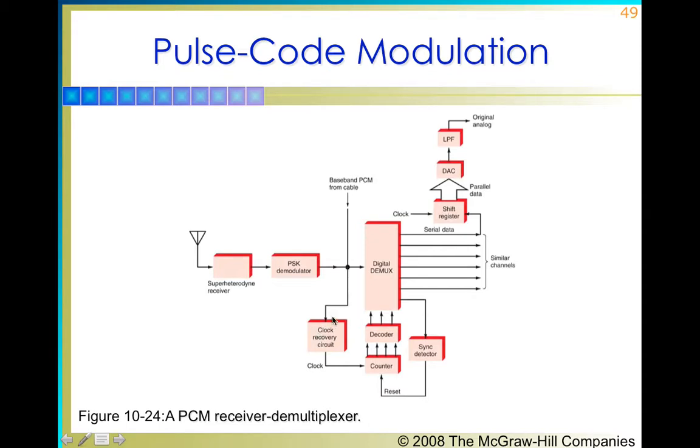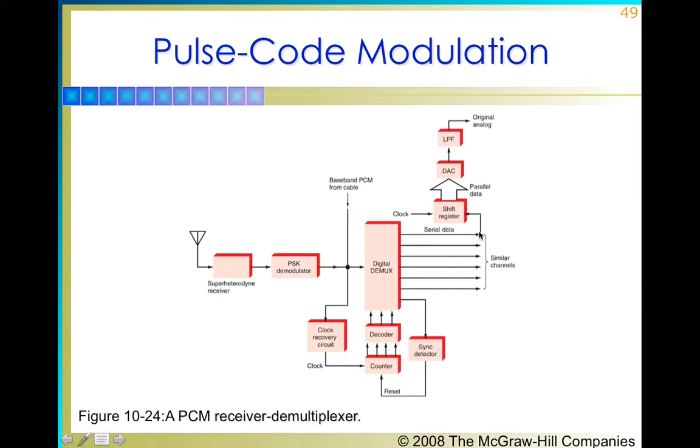It can be sent to the clock recovery circuit to recover the clock signal, and this signal is sent to the digital multiplexer, which is again detecting the synchronization pulse. With the help of the synchronization pulse present in the composite signal, and the clock output recovered from that signal, we can control the programming over here, which is controlling the switching, and we have input appearing at the output, and only one input is appearing at the output at a time. This is done at a very fast rate in order to ensure the synchronization between the transmitter and the receiver, so that the relevant transmitter data is being sent to the relevant receiver.